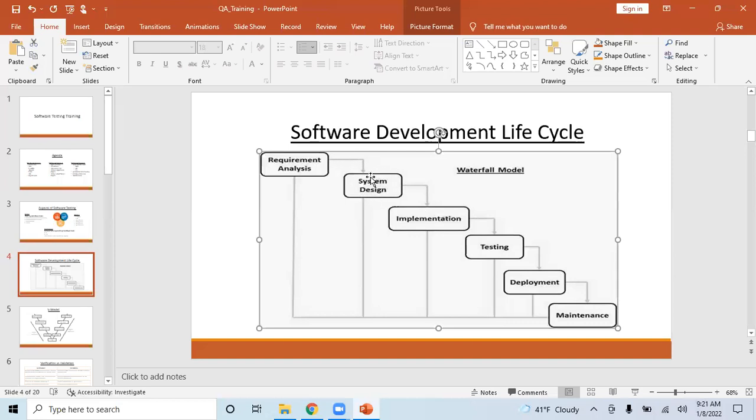And the input for the system design is the requirements, because without requirements they can't design a system, right? So the input for the system design phase is the requirements, and the output is an architecture diagram. When I say architecture diagram, it's not just the diagram, but also what technologies and what products they have to use. All this will be part of that architecture diagram.